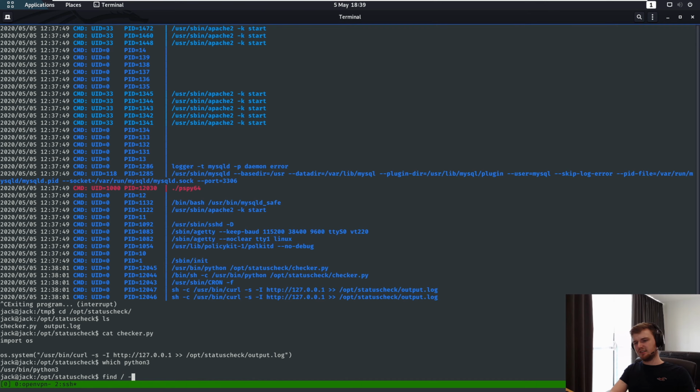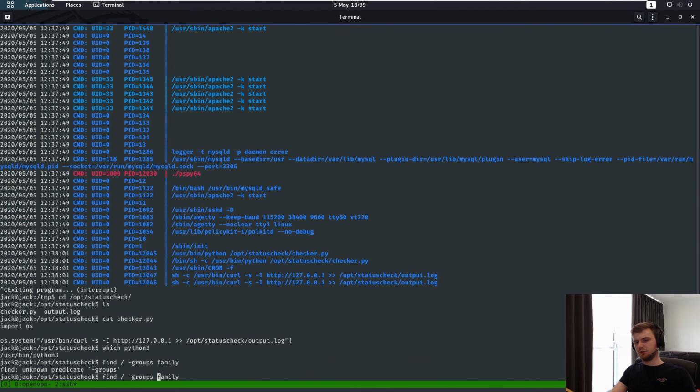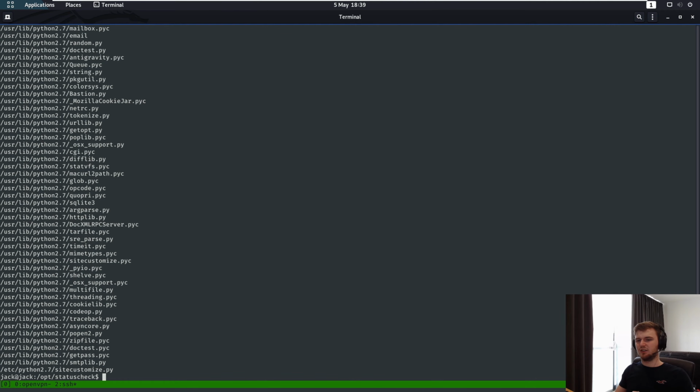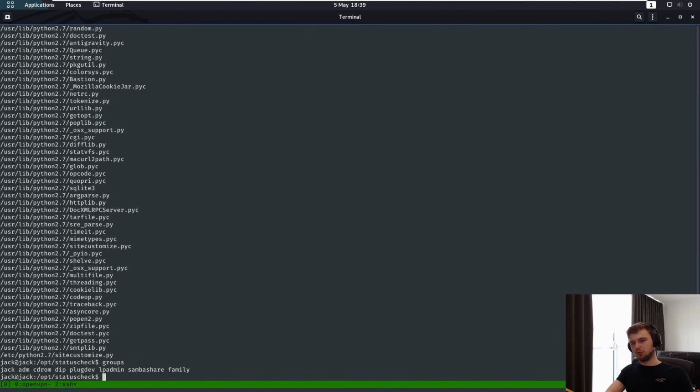So if we do find / -group, is it group or groups? It's group. And then we'll output to /dev/null, just so we don't get any of those nasty errors. We can actually see we can write there. That's a manual way of finding it. That's essentially what pspy runs. It'll run a groups, then pull out the groups and see what you've got. We can see we're in family. So if we cd to here,